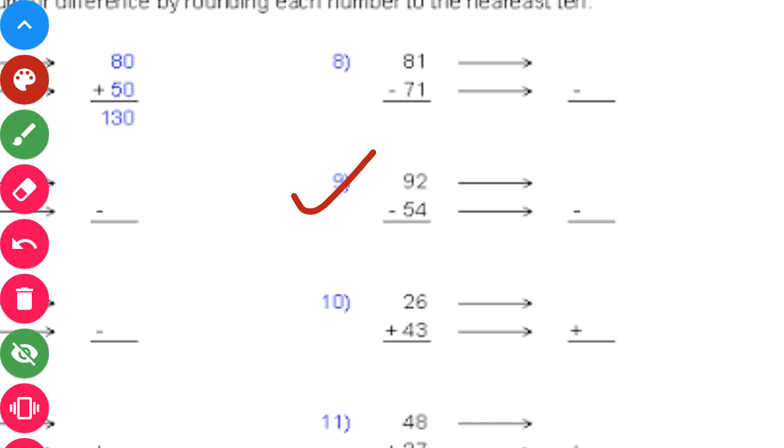Okay. Look at the ones place. Which number is given there at ones place? Now compare that number with 5, whether that number is greater than 5 or smaller than 5. If the number is greater than 5, then what will you do? You will round it up. And if the given number is smaller than 5, then what will you do? You will round it down. Do it.